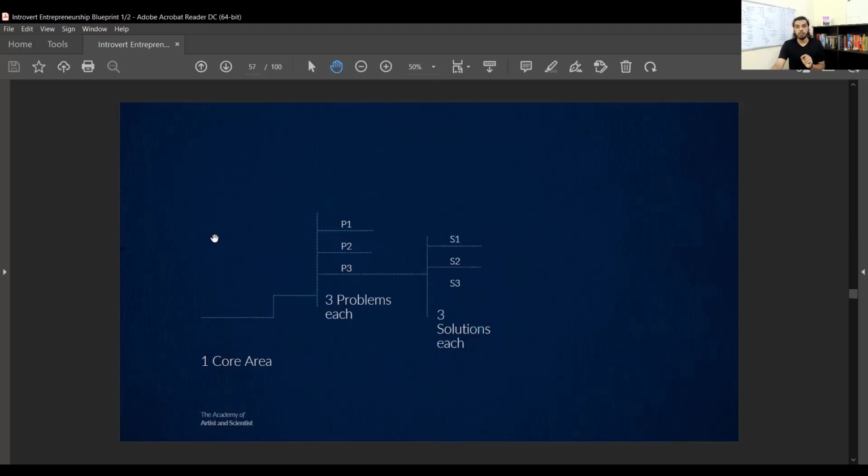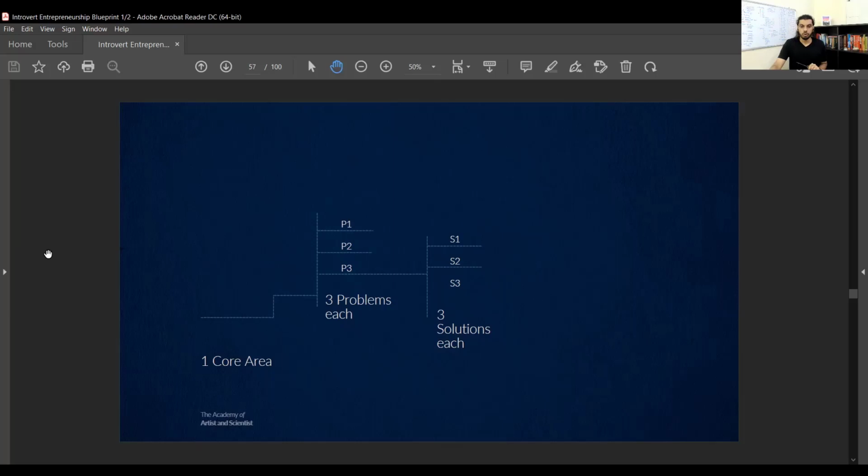What can be the solution to each problem that we have just listed down? For example, if I feel, is the market going to accept the price that I'm going to sell at or not? What can be the solution? First one, don't make the judgment before going out in the market. Second one, step out in the market and start testing prices out. Say, for example, you keep a price of 400. Then if people are buying so much, you raise it to 1,000 rupees. The more you test it out, the more clarity you're going to get. The third solution can be XYZ solution. So with every macro area, we list out 3 problems, and for each problem, we come up with a solution.